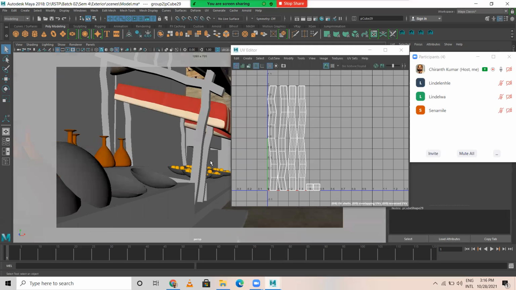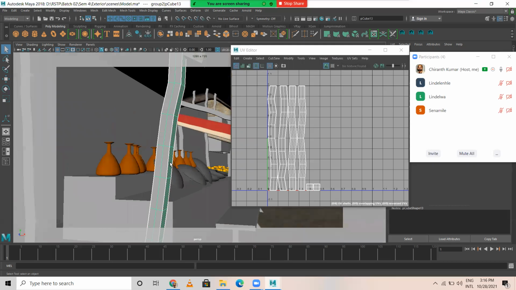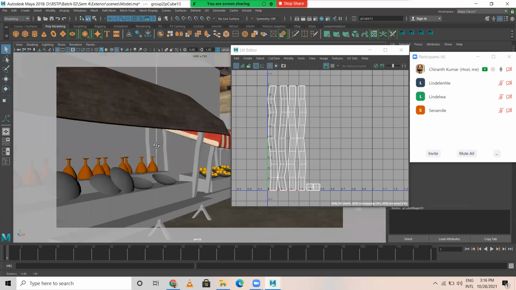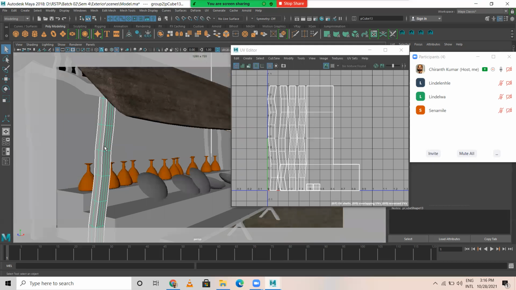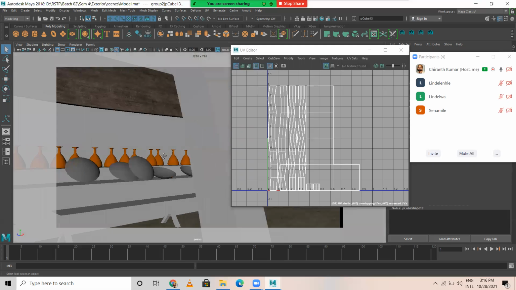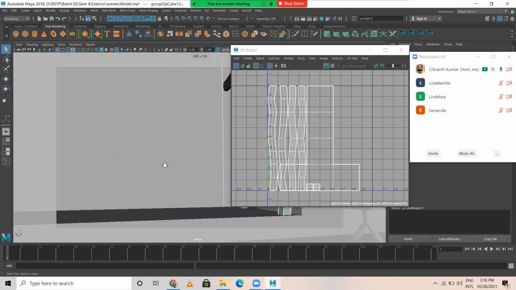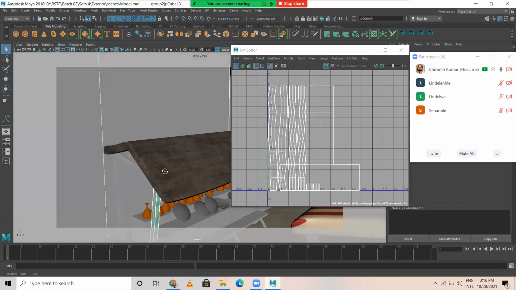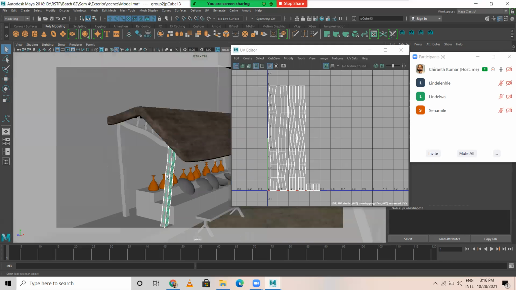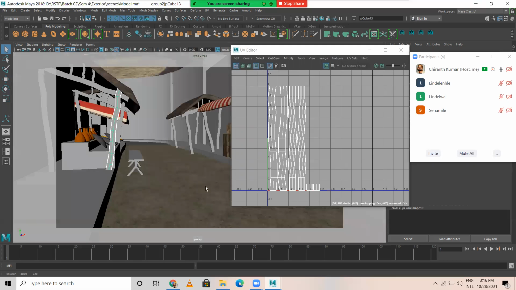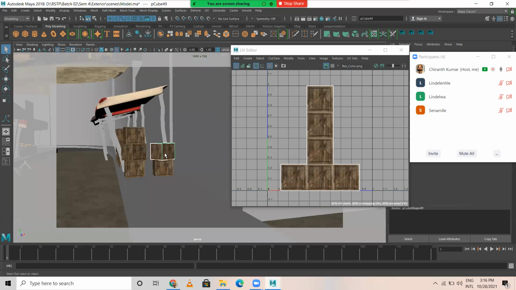How does it calculate? For example, here, this is one side and this is another side, and on the left side there are 4 sides, right? For this model, there are 4 sides. I'll show you here also. Let's take an example of this.